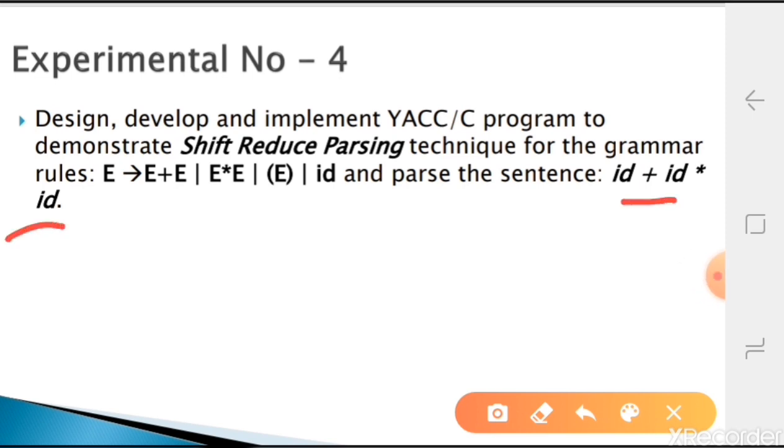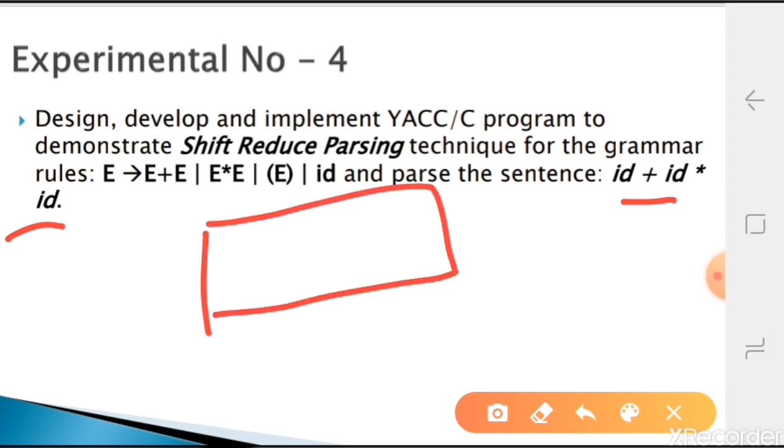Okay, so in shift reduce parsing, we will always have one table, that is the parsing table. In that, rows are nothing but non-terminals and columns are nothing but terminals.